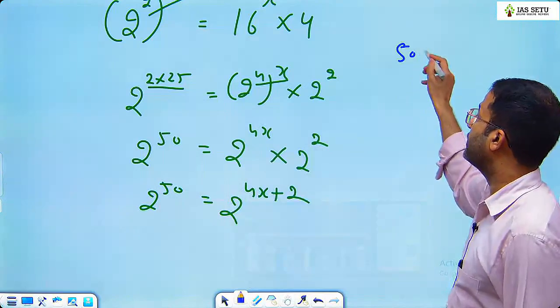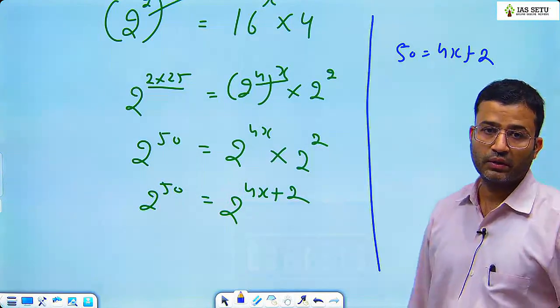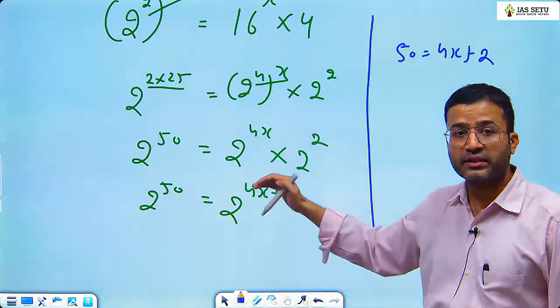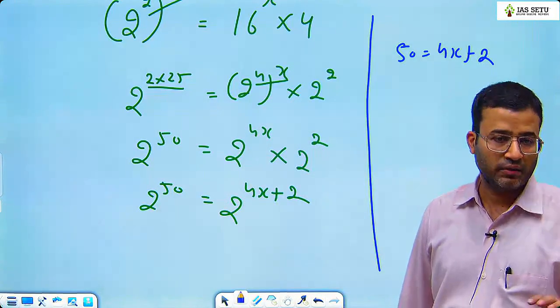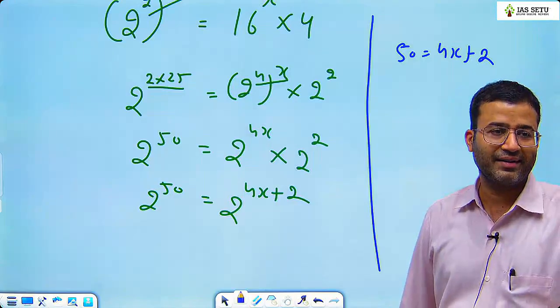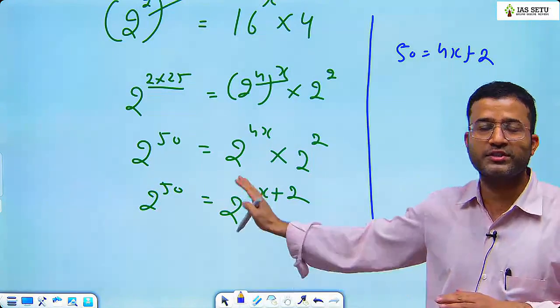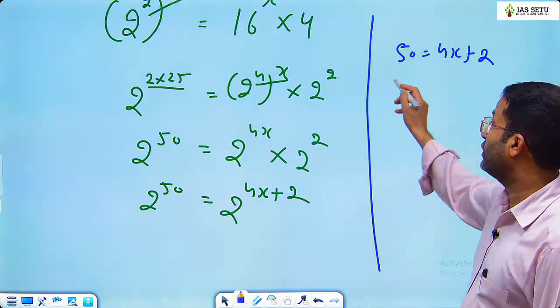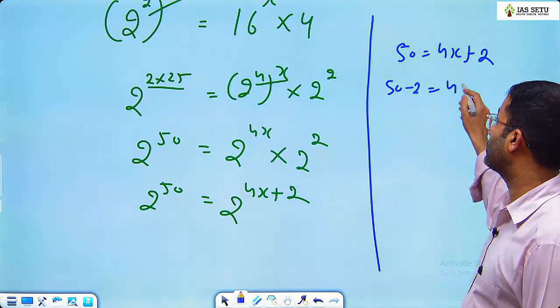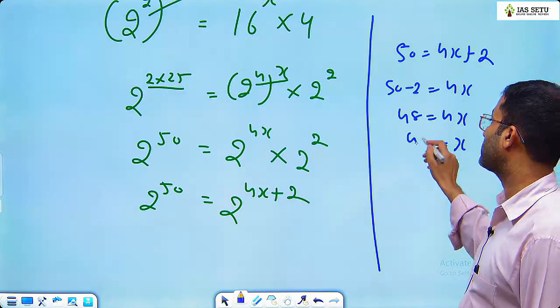See, 50 is equal to 4x plus 2. If I'm writing like this, it's like I'm telling you, मैंने क्लच दबाया, फिर पहला गेयर लगाया, फिर मैंने धीरे धीरे क्लच छोड़ा, तो इससे स्लो नहीं जा पाऊंगा मैं. So here take 2 to the other side, 50 minus 2 is 4x, this is 48, 4x, value of x is 48